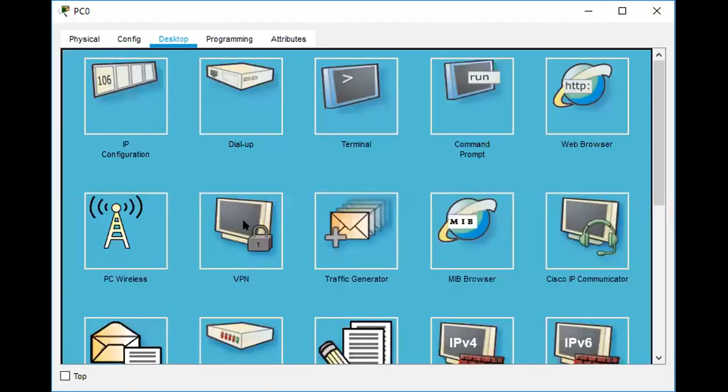Here it is an important one. Important block, this one. Here double click. Here a lot of options are available. The first block is used to give the IP configuration, the IP address. You have to give the IP address, default gateway and all things. This one is the command prompt. You have to give commands in the command prompt. Double click on PC0, double click on desktop PC.